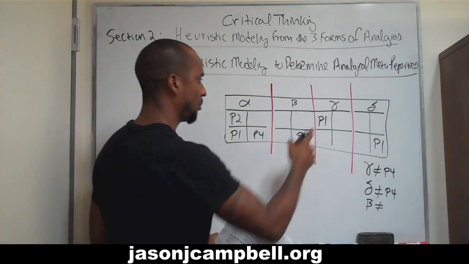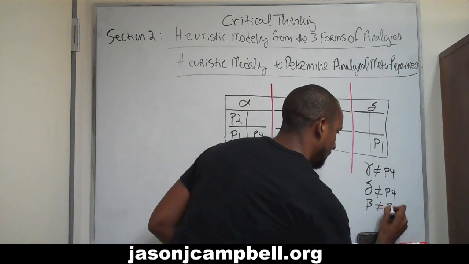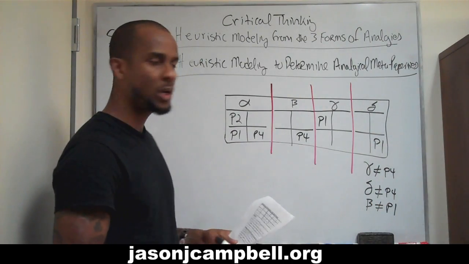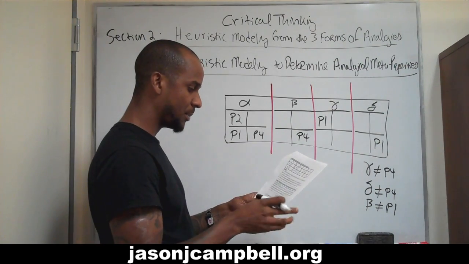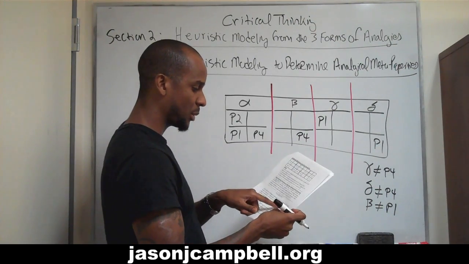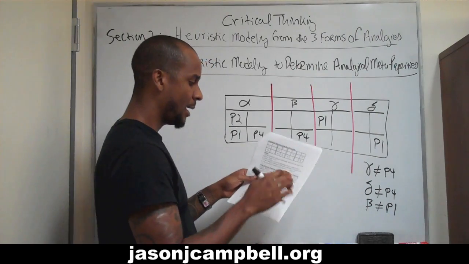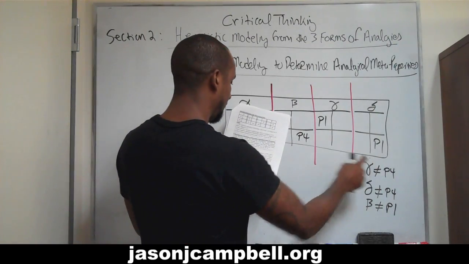Beta cannot have property P1. So there's no P1 in beta. Okay, beta has a negative analogical relationship with alpha, gamma, and delta with respect to P1. Okay, beta, gamma, and delta